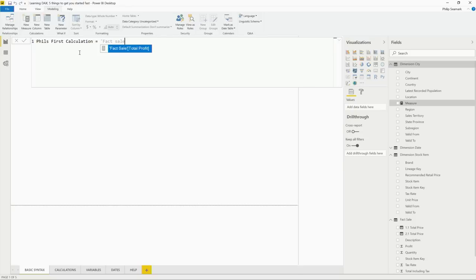And a table name needs to have a single apostrophe wrapped around it if it has a space in the name. You don't have to always put an apostrophe around the table name, but if you have a space, and I recommend using spaces because with BI and data models that you're exposed to your end users, using natural language to describe your calculations not only makes life nicer and more pleasant for your end users, but it also plays nicely with things like the Q&A features.